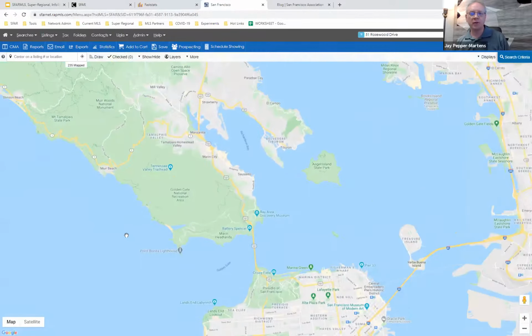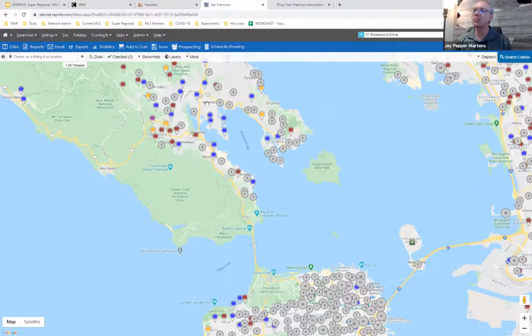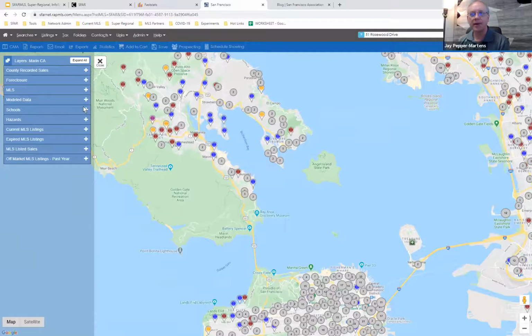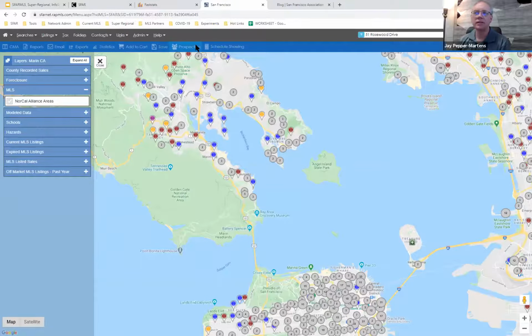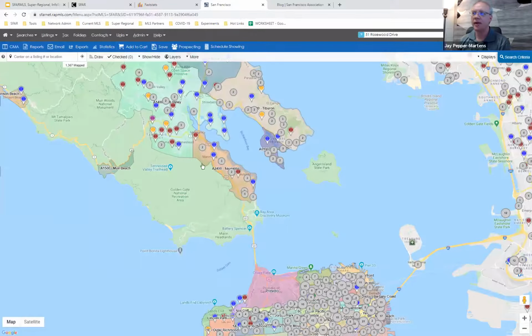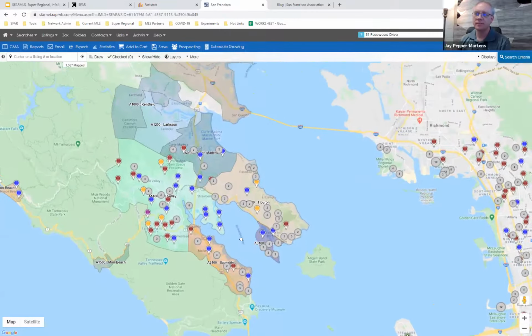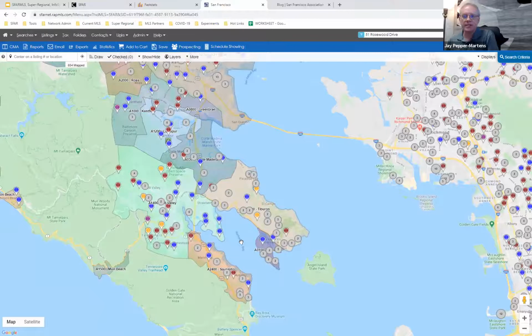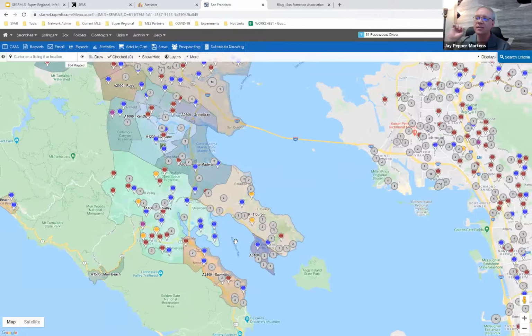So how are we going to make InfoSparks reports? Well, one of the things we're working on is looking at this layer. You'll see here that I opened up the layer panel and I went to NorCal Alliance areas. I'm going to close that panel. And you can see now that we have polygons that make sense, using the selling areas for Berries. We have their map data layers. This is the polygon set that their members, and you may have been, used to using when you would SSO into the Berries system. So our plan is to create market stats reports in our system for these reciprocal areas